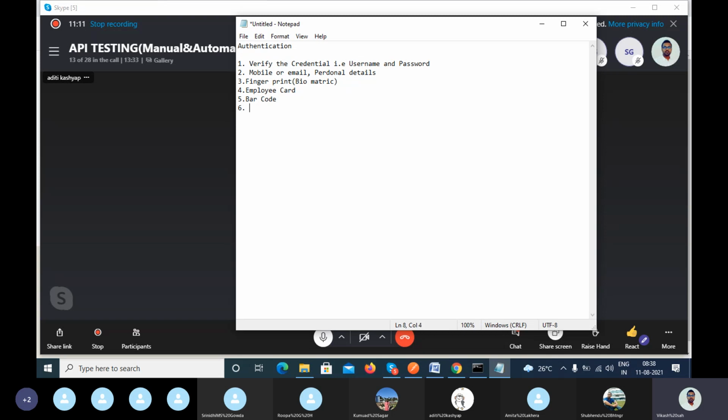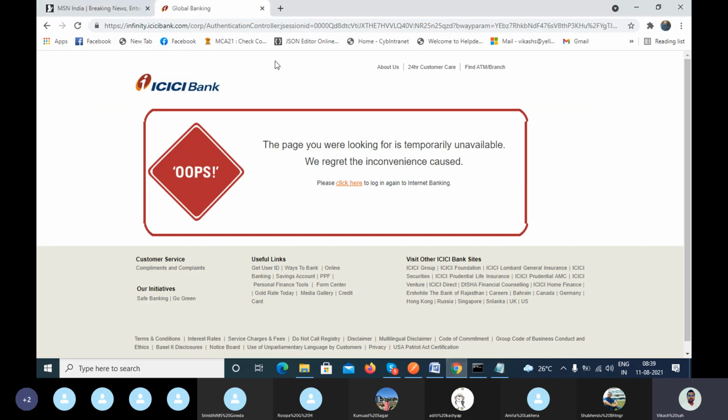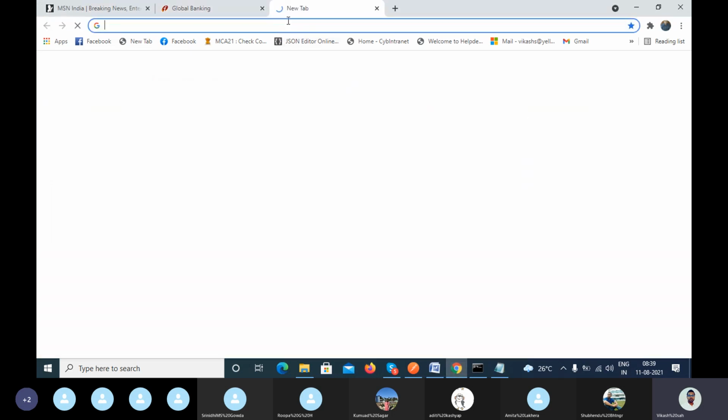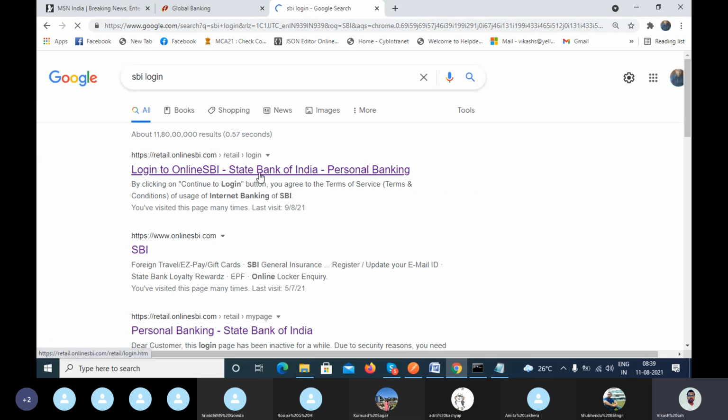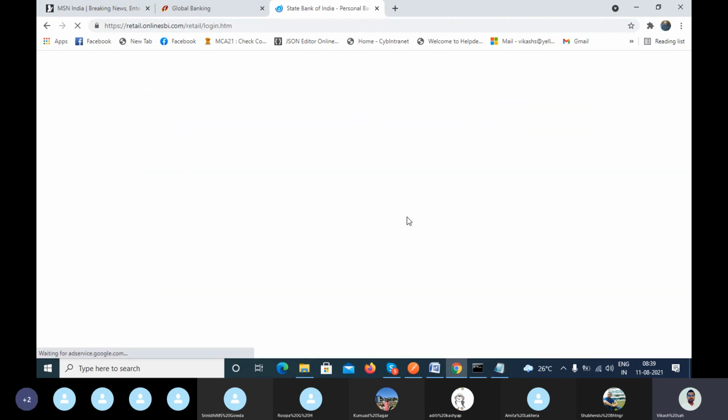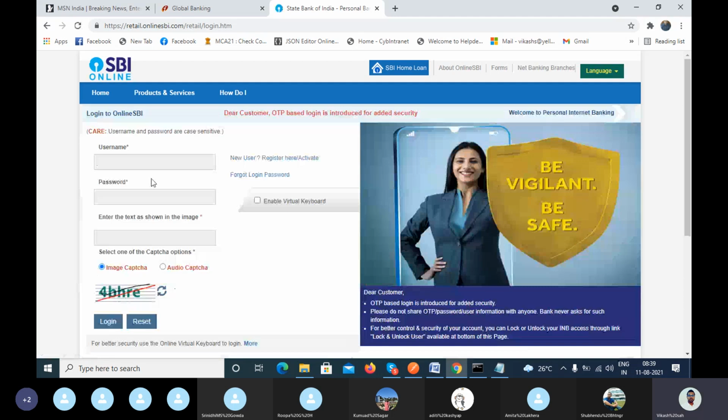Now, can I say two-factor authentication? OTP. In the State Bank of India, when you log in, you enter your credential and password, and you also have to enter the captcha.